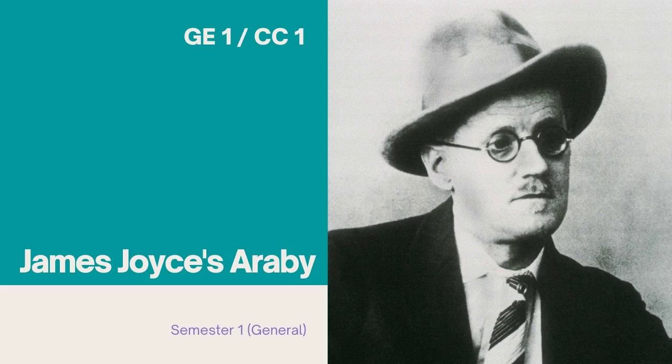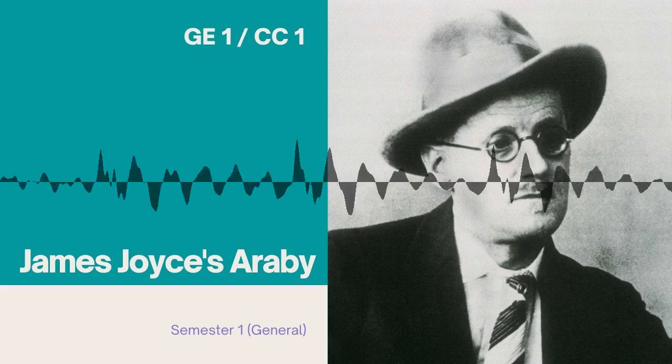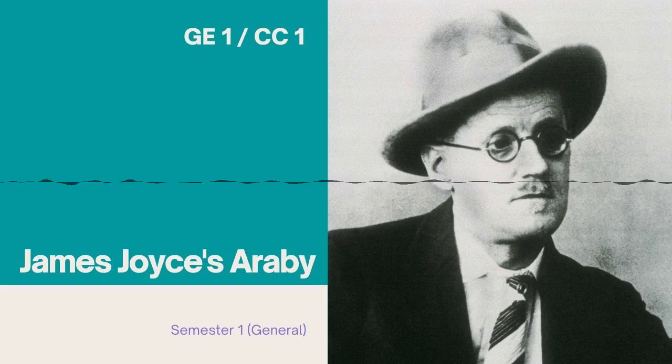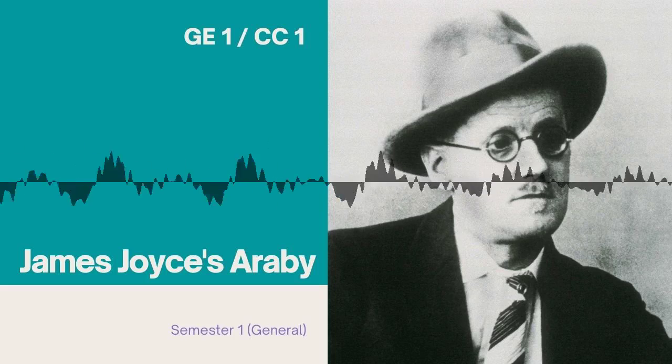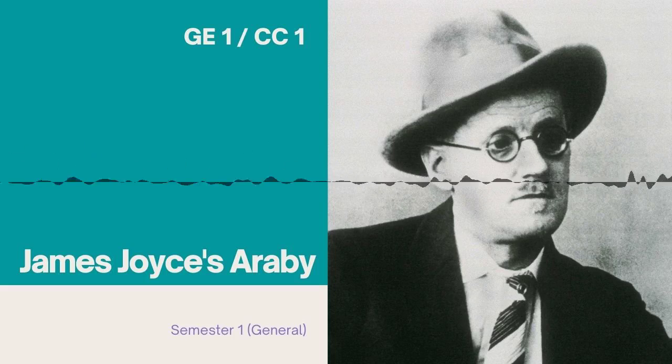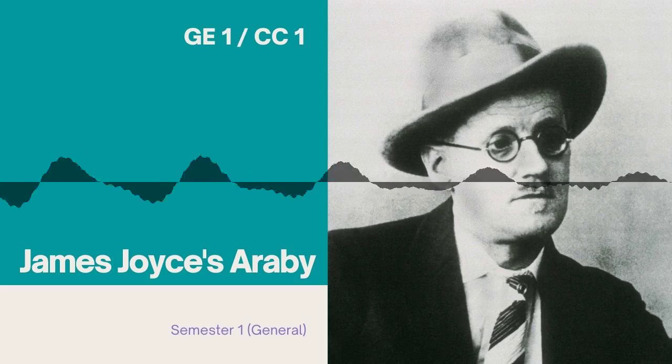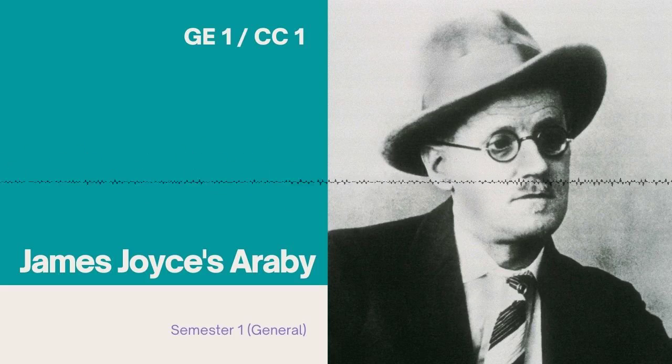In this book, what James Joyce does is that he paints a picture of how life was like in Dublin around that time, that is in 1904, 1905, around the turn of the century. That is when the 19th century ended and the 20th century started. So he paints a picture of his city around that time. He's also from there.